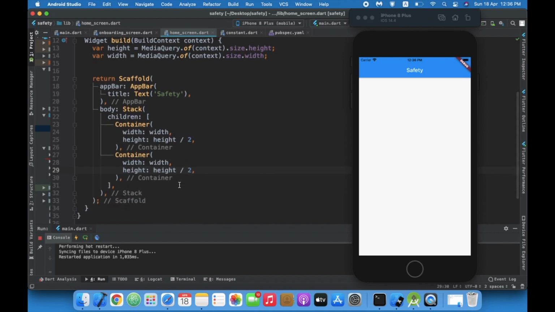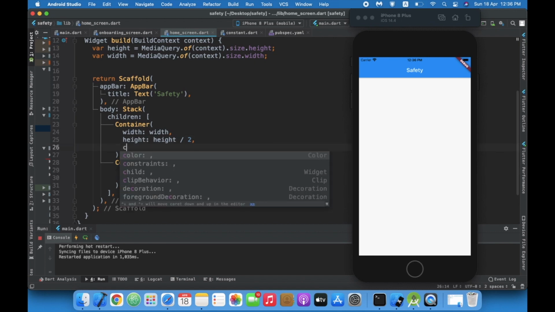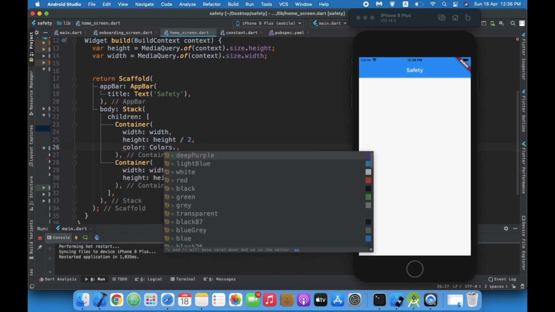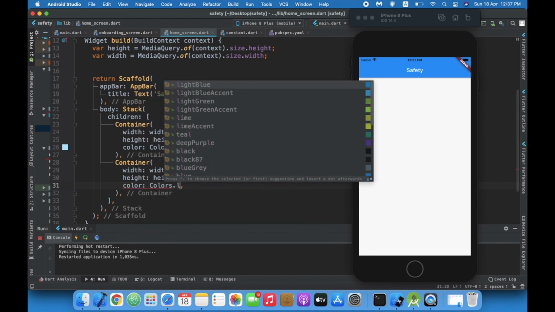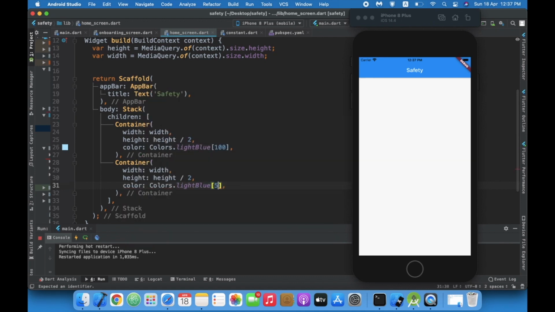Okay, colors dot light blue 50, I guess. Okay, this will be 100 and this color dot light blue 50.